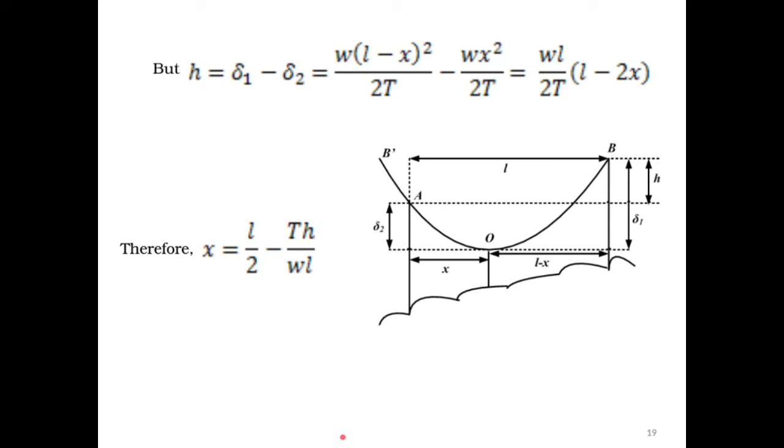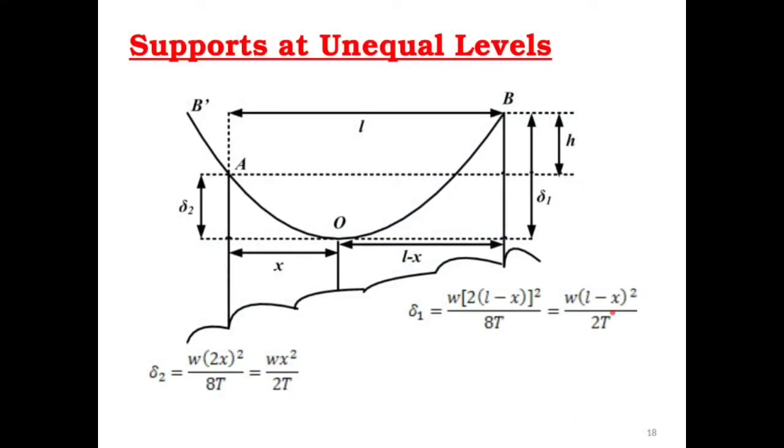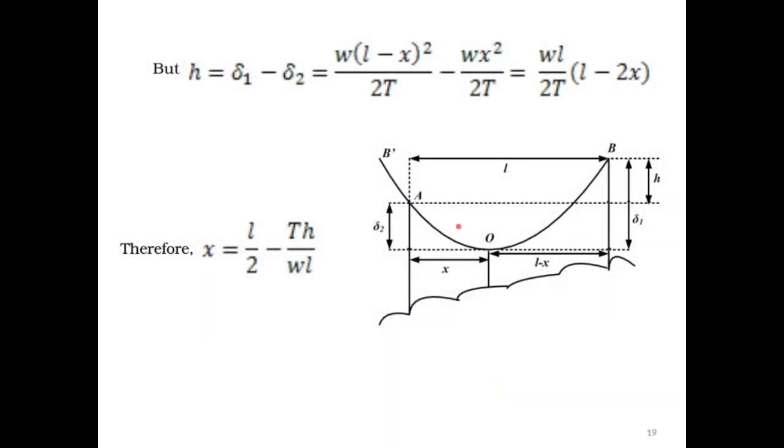If we put those equations that we got there, delta 1 is equal to W(L minus x) whole squared over 2T. Delta 2 is Wx squared over 2T. Putting them into the equation for delta 1 and delta 2, we get that H is equal to WL over 2T times (L minus 2x). And from that equation, we write the equation in another form, just manipulating this one. We find x is what? x is now equal to L over 2 minus TH over WL,